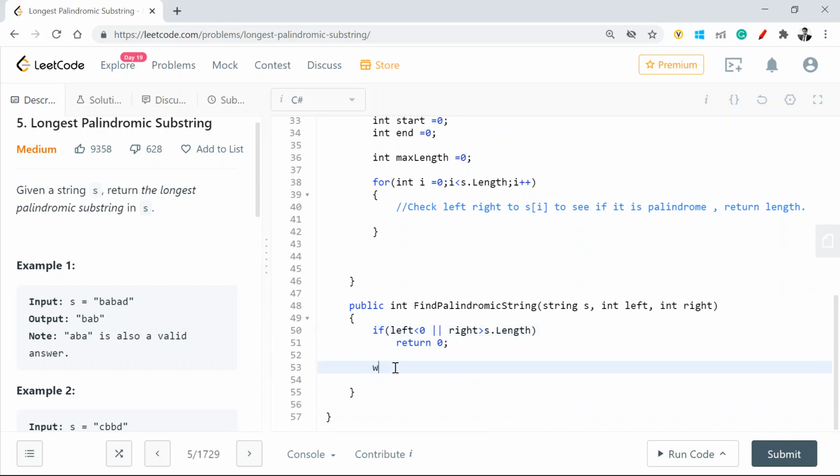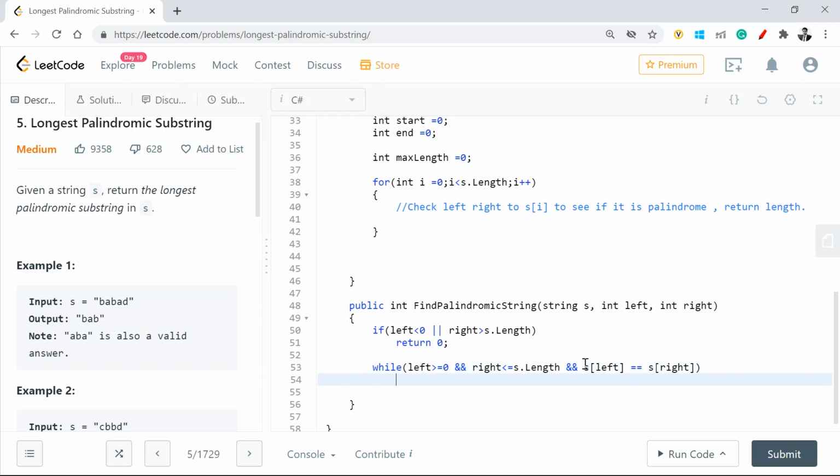Now here the fun part starts. Until my left is greater than or equal to 0, and my right is less than s dot length, and my values at left and right are the same, I'll keep on going towards left and right.